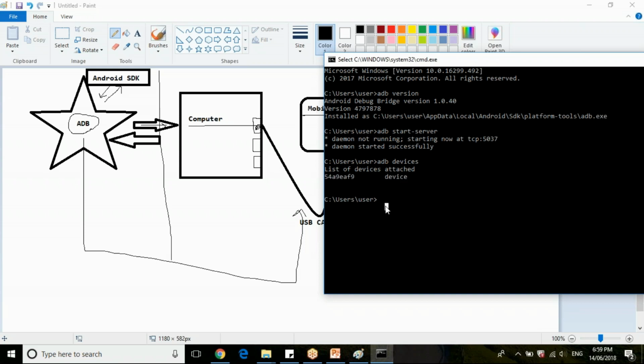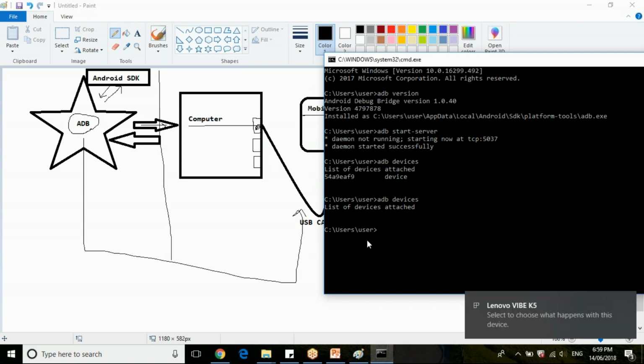Let me remove my mobile device and type adb devices and check. Now no device is connected because I removed my USB cable. Clear? Let me reconnect. So the Lenovo mobile I have connected, and I'm checking. This is my device serial ID.